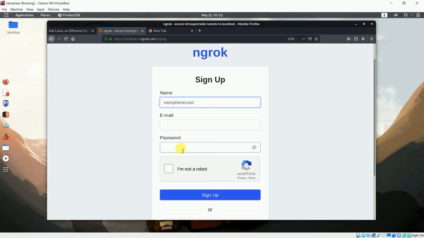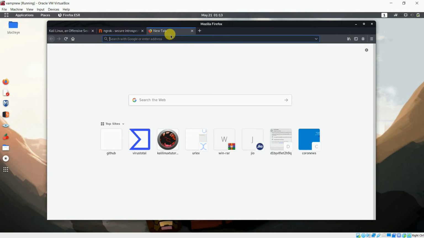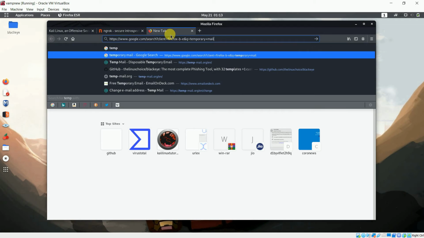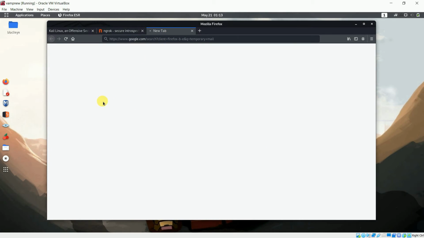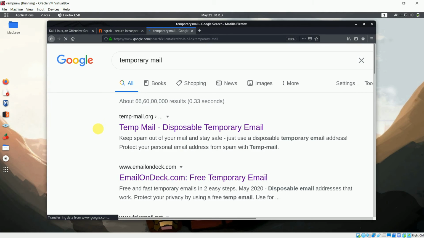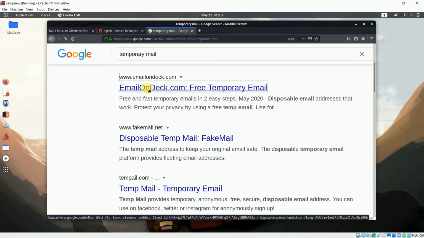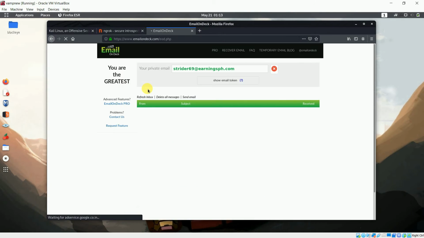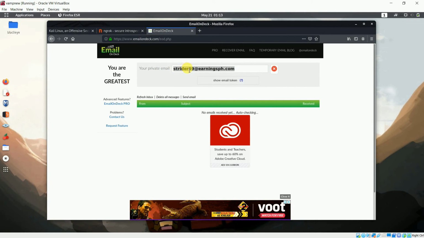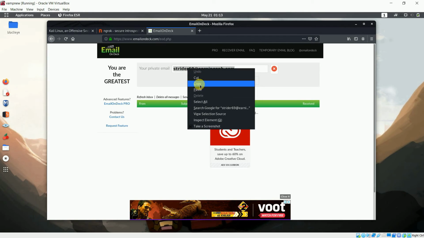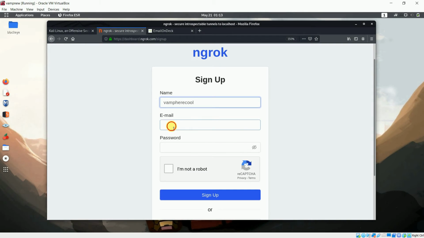For any website where you have to authenticate yourself, if you are skeptical, then don't give your personal email address. What you can do instead is give a temporary email address. So, temporary mail, and I will go with the second link, that is www.emailondeck.com, and here is your private email. I will just copy this, and I will get back to our ngrok sign up page. Here I will paste it,